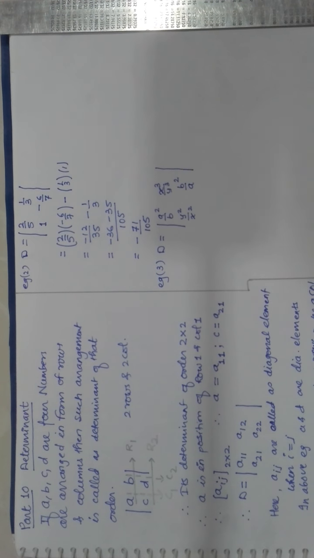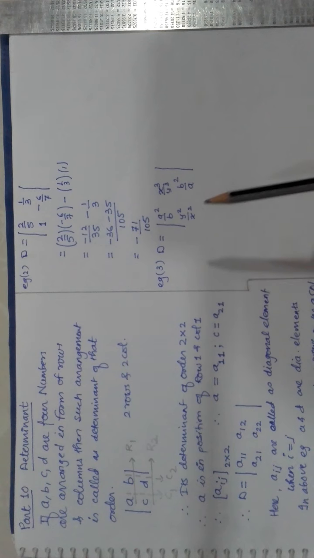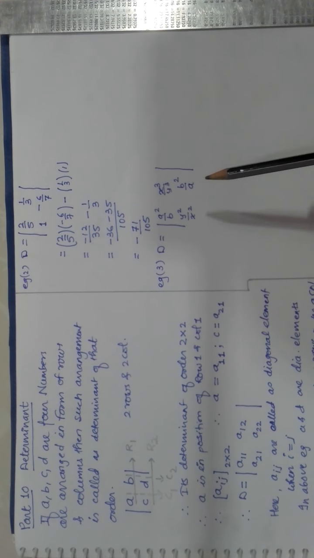Now I have written here one question. It says the determinant again is of order 2 by 2. There are 2 rows and 2 columns, and the question reads: in row number 1 it is a square by b and x cube by y cube. If it is not visible, I will repeat it. This is x cube by y cube, and in row number 2, this is y square by x square, and this is b square by a.